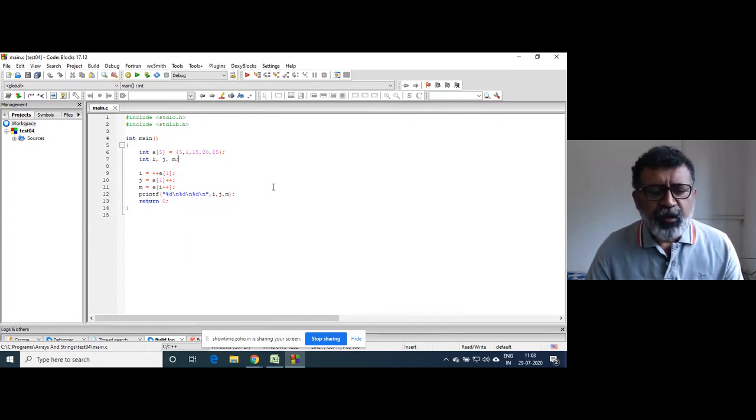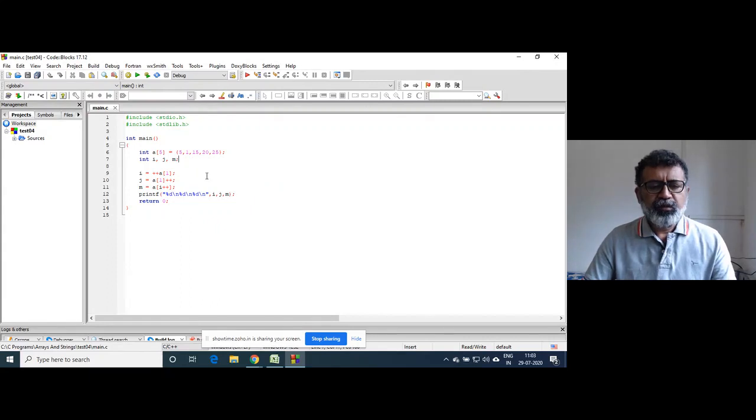First of all, this is a small program just to know the intricacies of an array. So the array is initialized to 5 elements and a few variables are declared. Now the question is how this statement is executed.